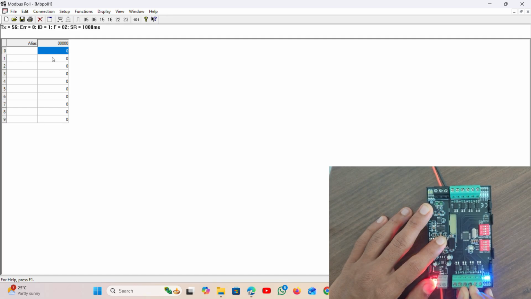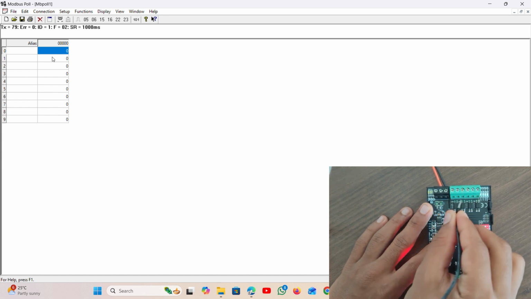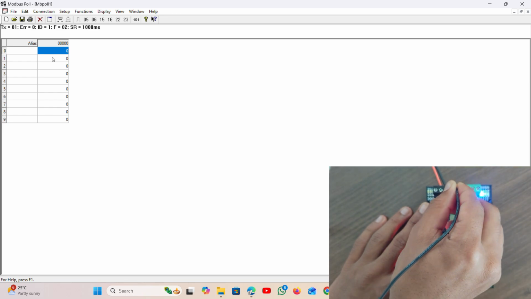Same with the DI 2. So here I will get the LED high, and in Modbus also, in the mentioned register, I will get the value as 1. Checking with the DI 3. In Modbus also I am getting the value as 1 for the mentioned register. Here also I get the LED turned on for the DI 4, and I do the same with the DI 5 also